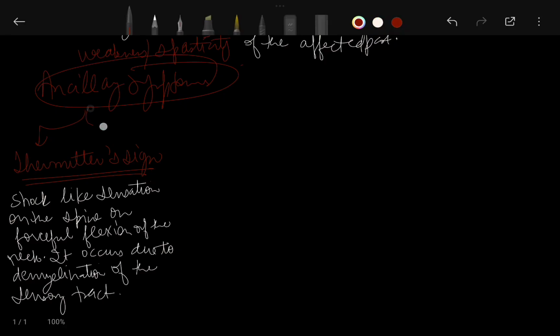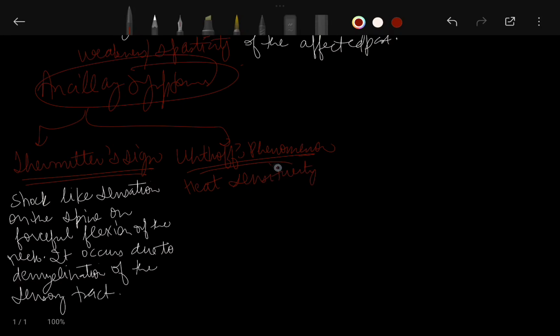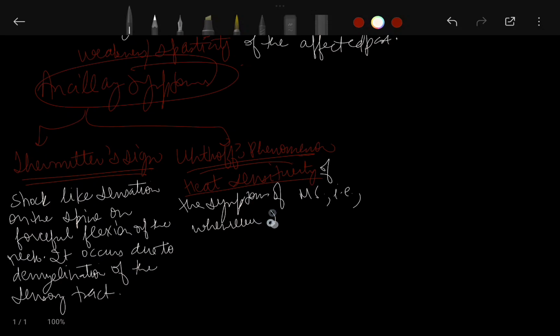The next important sign is Uthoff's phenomenon. Now, what is Uthoff's phenomenon? It is heat sensitivity of the symptoms of multiple sclerosis. That is, whenever the body temperature increases, there will be